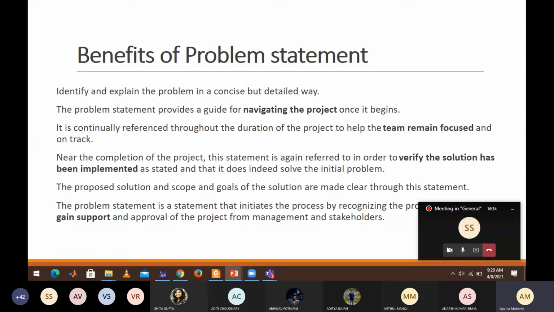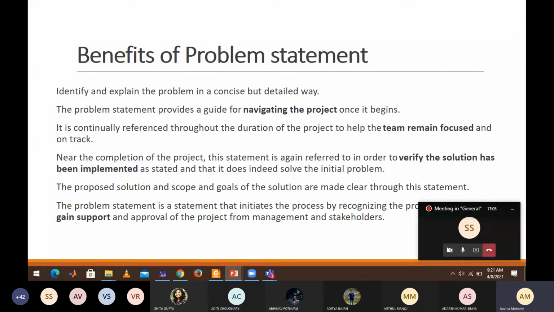If you tell your problem statement to me, how will it help me? It will help me understand what you are trying to do, and it will help me navigate through your project entirely. I would think that you have thought about it in this way. You might have done something related to this, there are different options, but this is your overall idea. I can easily navigate through your problem instead of listening to you for 1 or 2 hours presenting your project.